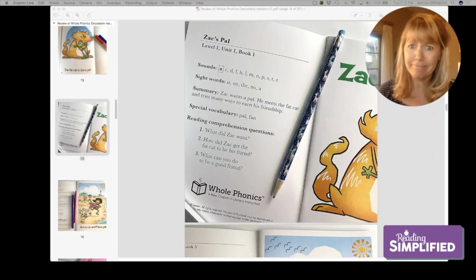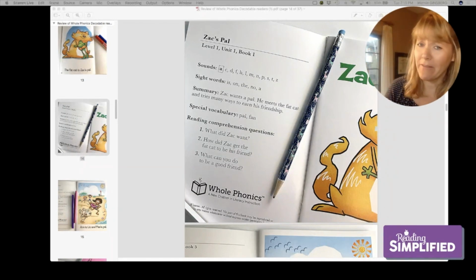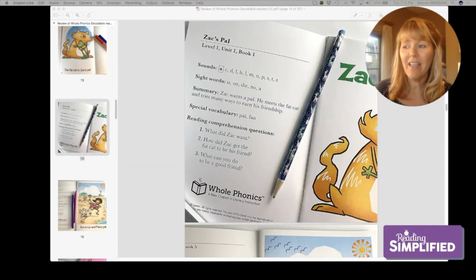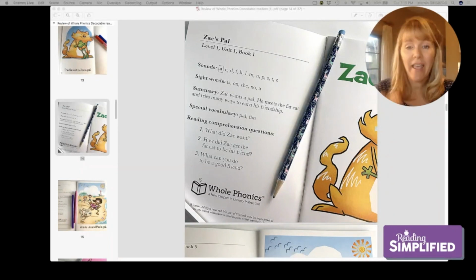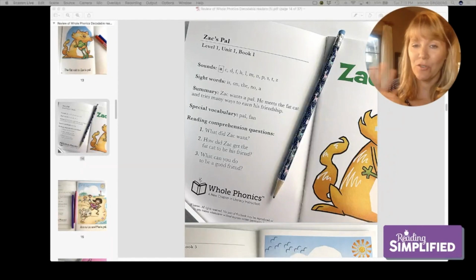It's pretty simple. Just kind of patted him, woke him up from his nap. Not a very irritable cat. And what can you do to be a good friend? So it's got a little comprehension, getting the gist, and then also maybe that extension of how to take something